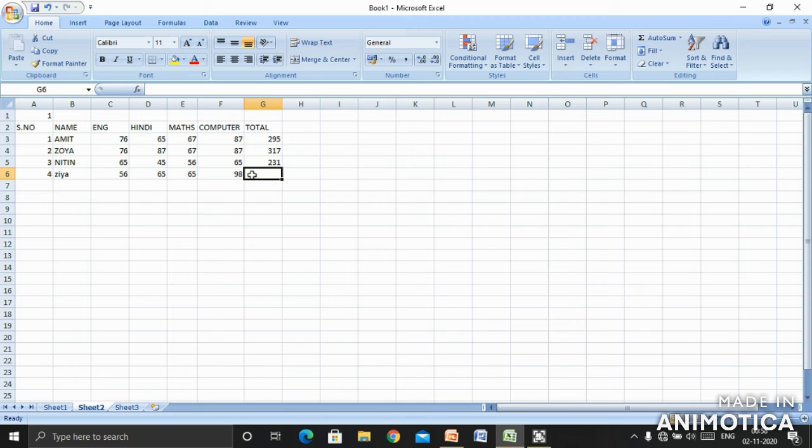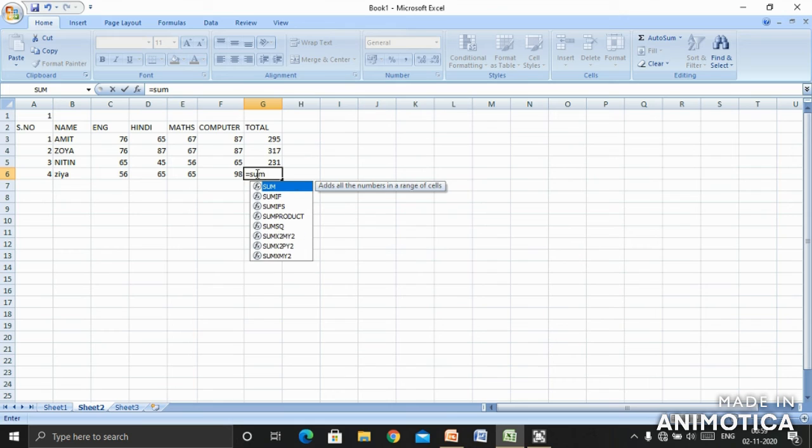Now suppose you don't want to make the calculation by adding all the cells again and again. So what will you do? There is another method. Let us see here. Equal to, let me write here SUM. After writing SUM, I will open the bracket.